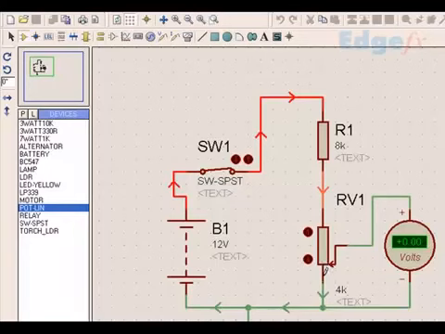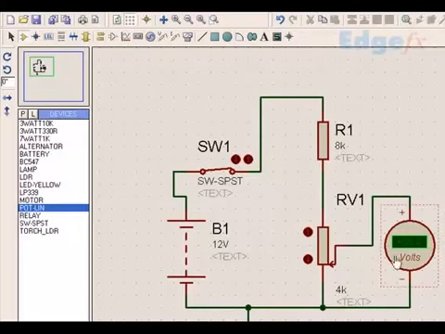So this is how a variable resistor can be used for getting variable voltage as per our requirement. Sometimes we require such an arrangement where a particular voltage needs to be given to a certain circuit. So that is how the potential divider comes into the real picture. Now next, after understanding the potential divider, let's see how we sometimes use a variable resistor in a little